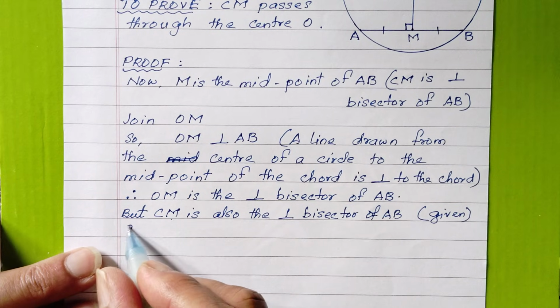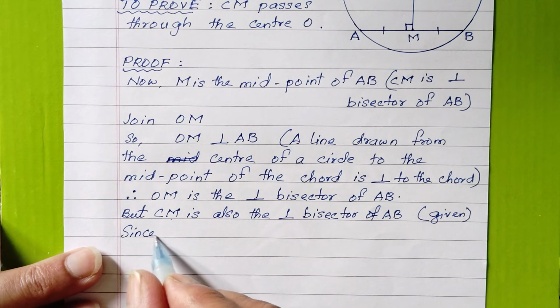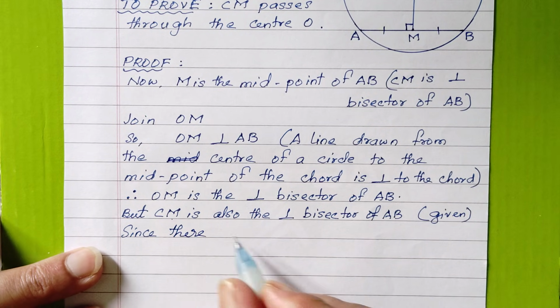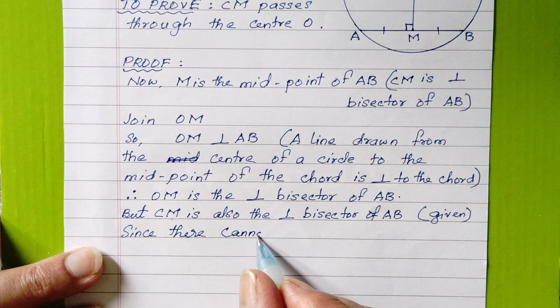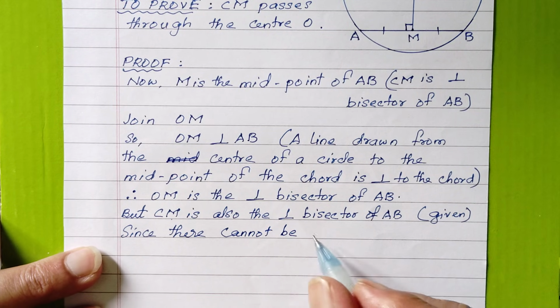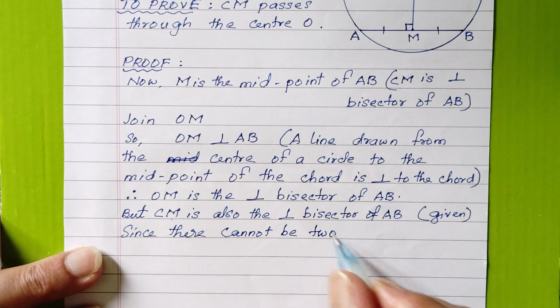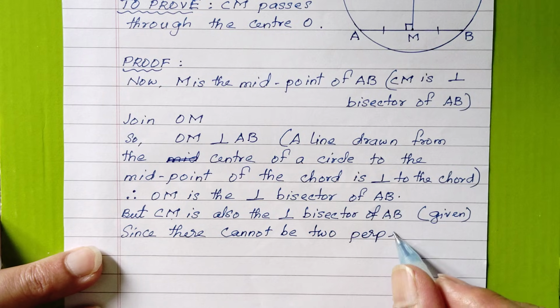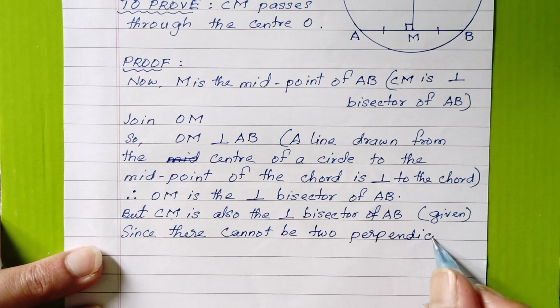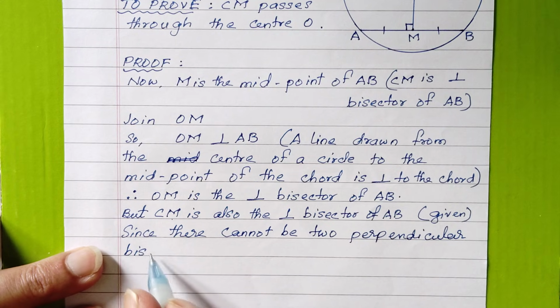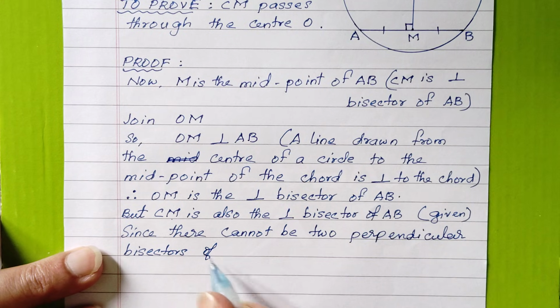Since there cannot be two perpendicular bisectors of a line segment,